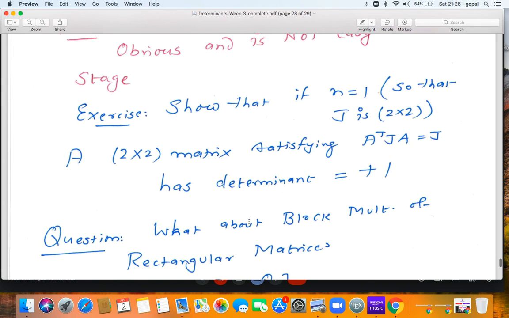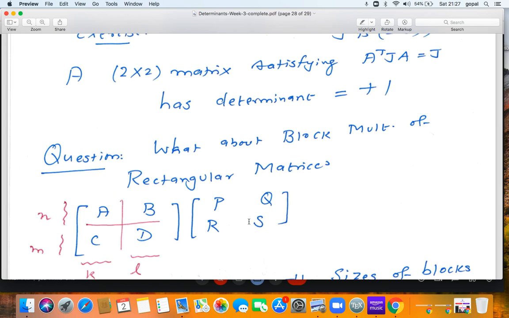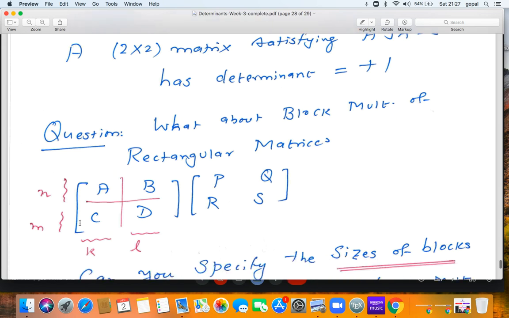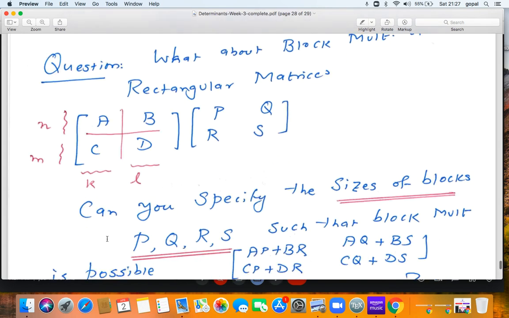Okay. Now the next question is an exercise for you. We had talked about multiplication of block matrices, 2n cross 2n block matrices. What about rectangular matrices? Suppose I have a rectangular matrix of size n plus m cross k plus l, and I do this partitioning. A is an n cross k block. B is an n cross l block, etc. C is an m cross k block and D is an m cross l block. What should be the block sizes of P, Q, R, S? How would you specify the sizes of the blocks P, Q, R, S